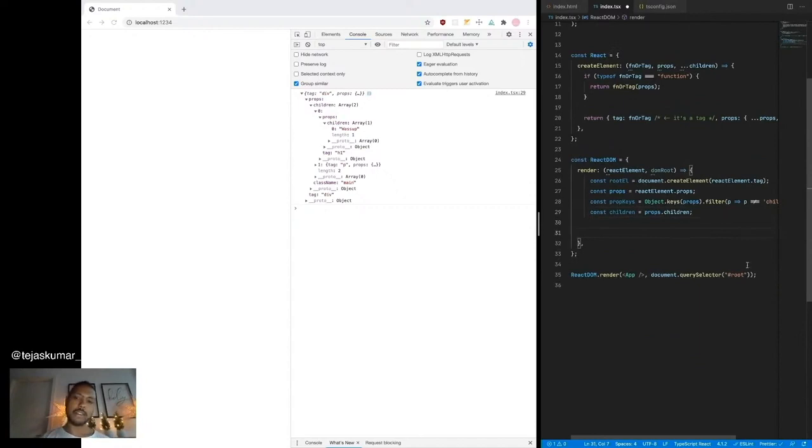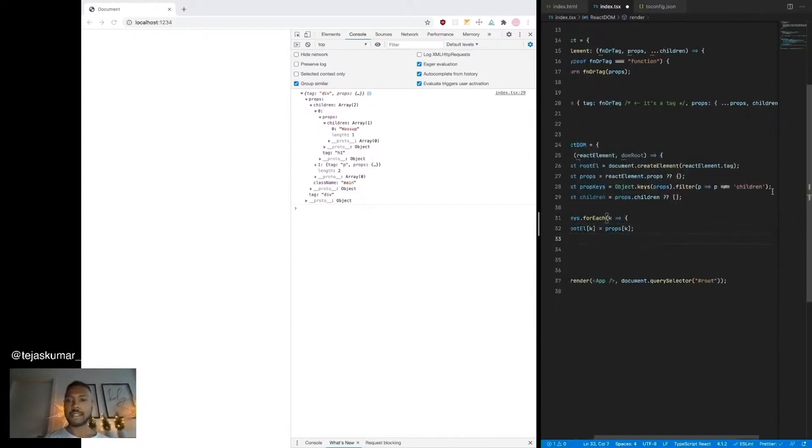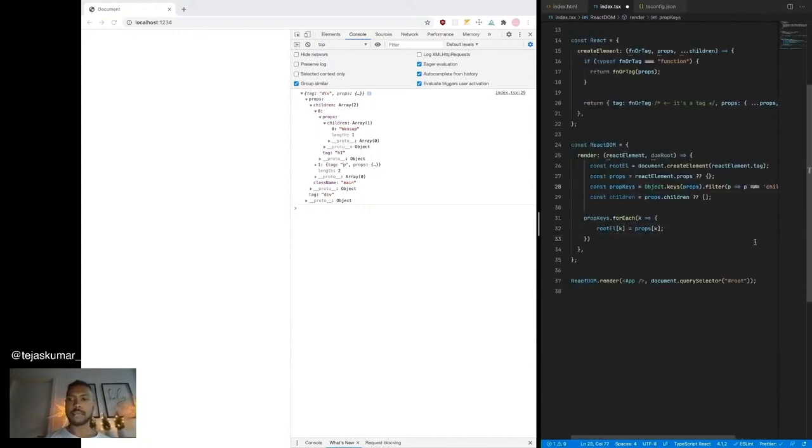Let's also coalesce this and this too, so that we don't run into undefined. Okay, so now for each of the prop keys, I want to map them onto my rootEl. So rootEl key is props at that key. Okay. Does this coalesce to nothing? It doesn't, so we'll do that.